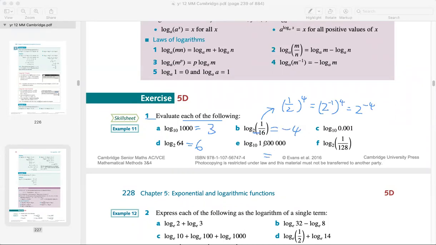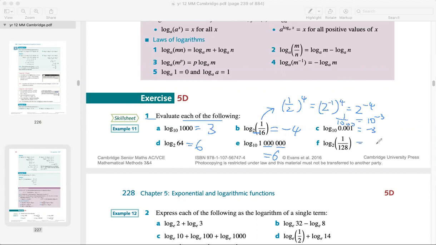And again, this example is 1 million. 10 to the power of 6 is 1 million. And in here is 1 over 1000. So in this one, it's 10 to the power of negative 3. We just write negative 3 over here. In here is 1 over